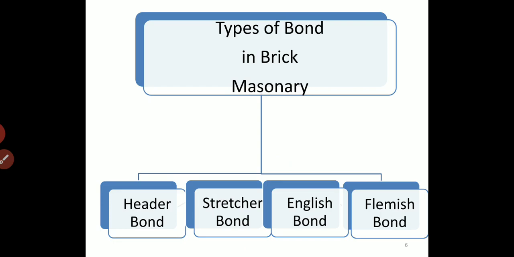What happens if brickwork has no bond? If we do brickwork without a bond, there will not be vertical joints staggered in two successive layers. If bond is not provided in masonry work, then the bricks or stones will not be held together. The strength of the wall will be very low. Also, the load of the wall will not be distributed over a large area. Also, the durability is almost nil. So that's why the bond is very important in brick masonry. We will discuss it one by one.